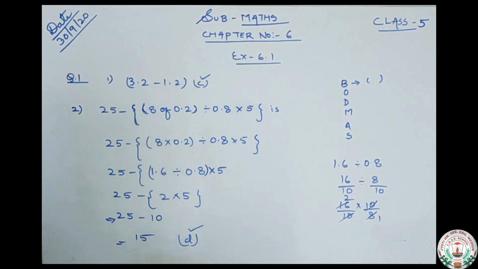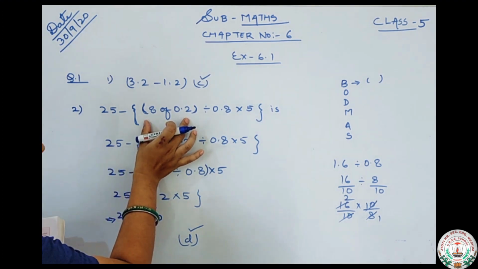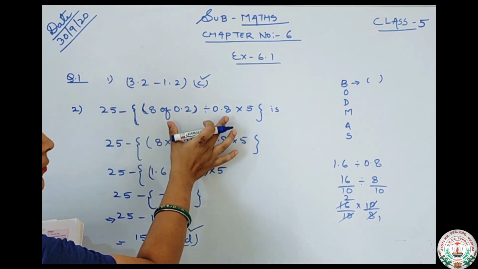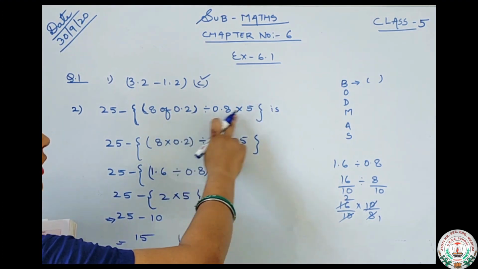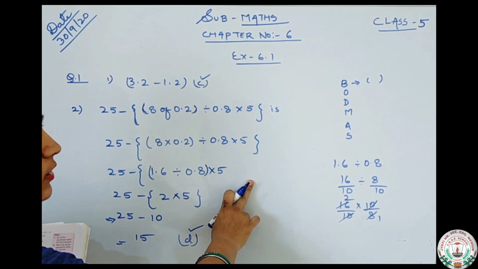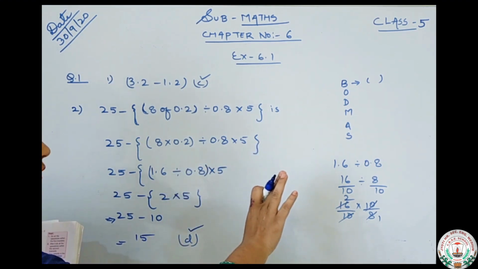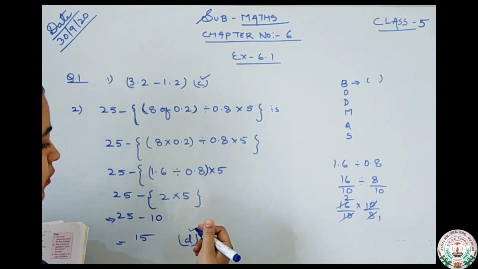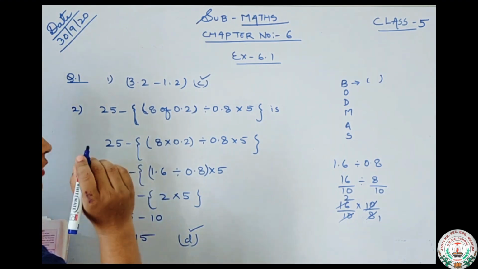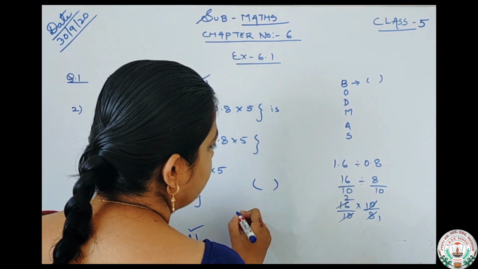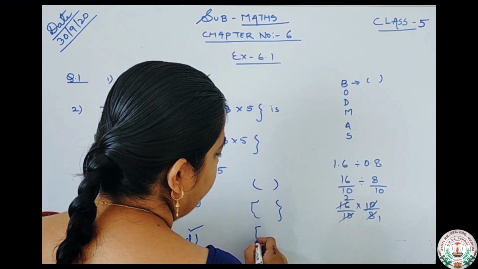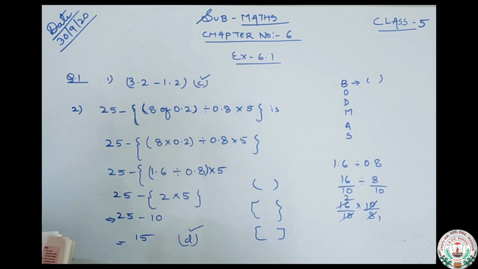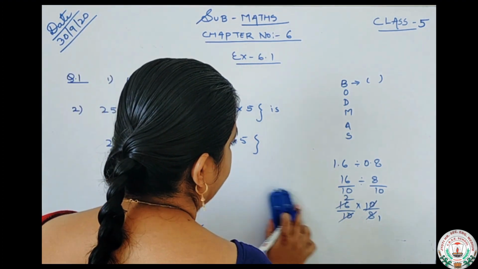So in this way you will solve and simplify this. First you will open the small bracket, then you will do the operations: division, then multiplication. If addition is there, then you will do addition. If subtraction is there, then you will do the subtraction part. First just remember, we will open the small bracket, then do the operation, and open the curly bracket. If a big bracket is there, then we will open that bracket.